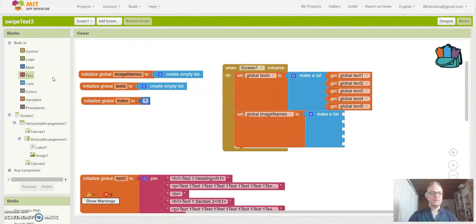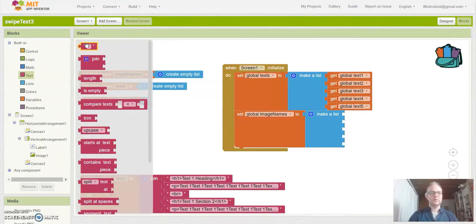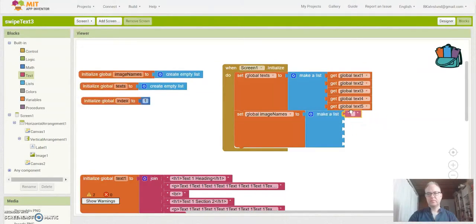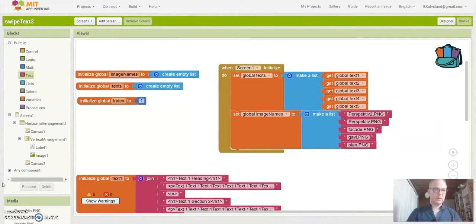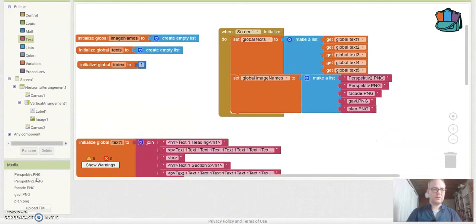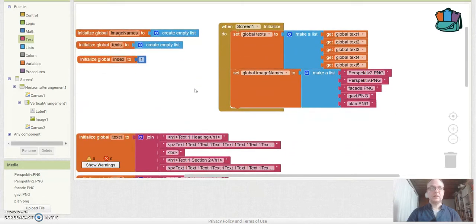And I just need a text. And I'll just put in the image names here. So now I've put in the names of the images I've uploaded here, perspective, and some architecture drawings. So now we're ready to